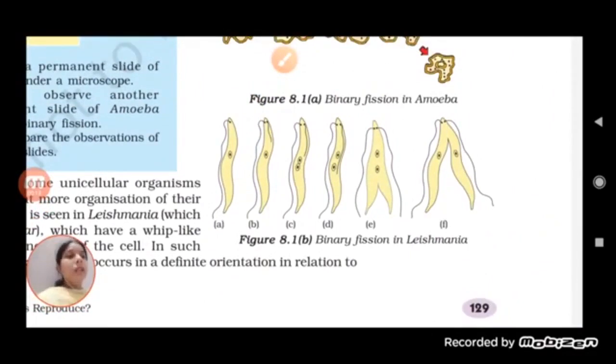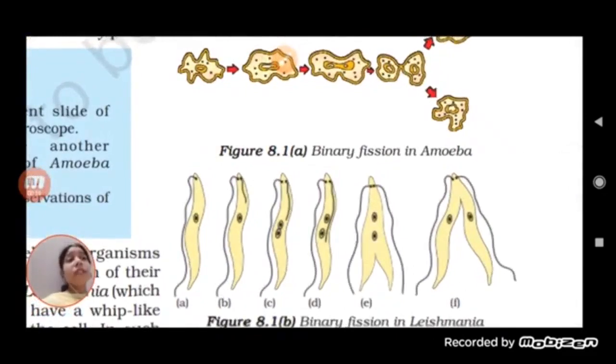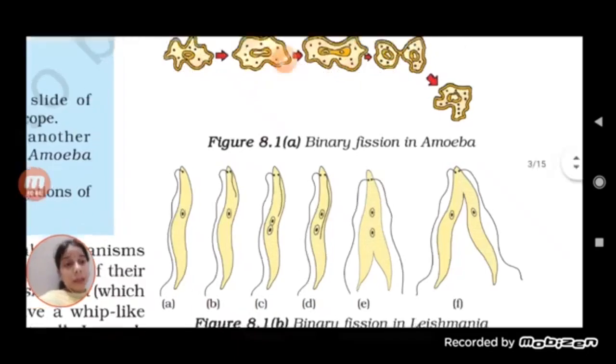Now let us see Leishmania, students. In the amoeba, binary fission takes place, and binary fission takes place in Leishmania also. In the amoeba, since the shape is not regular, the formation of the nucleus and the division occur irregularly only. But in the case of Leishmania,